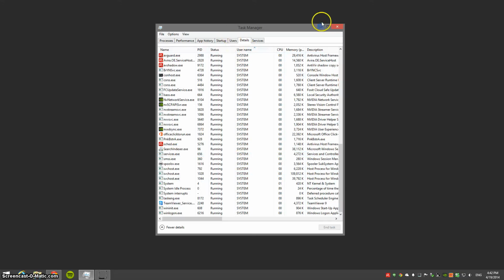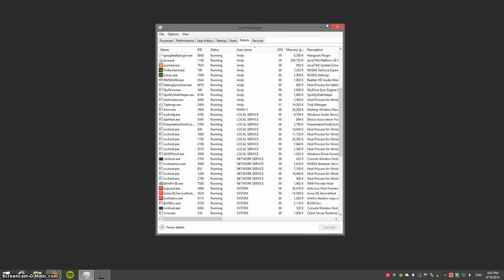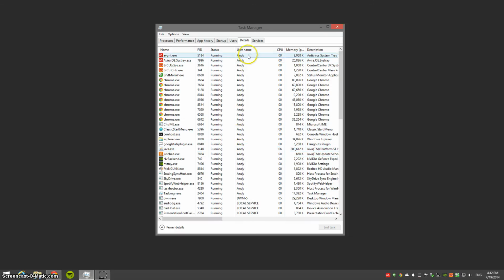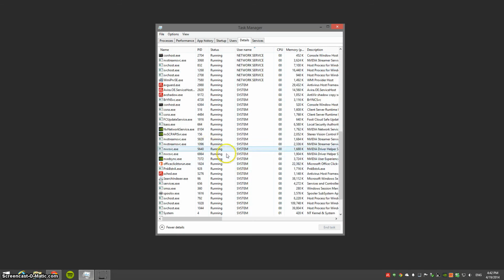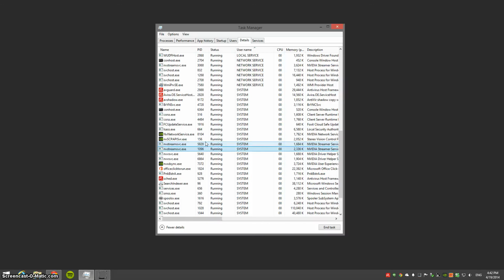Okay, so another thing you can do is group the things. If it's by system, then you can tell they're kind of important. If you see everything by your name, then it's probably not important. Now what viruses can do is they can go into your system and change stuff here or infect these files, so it will be very difficult for you to see what's supposed to be there and what's not supposed to be there. So if that happens, just do the